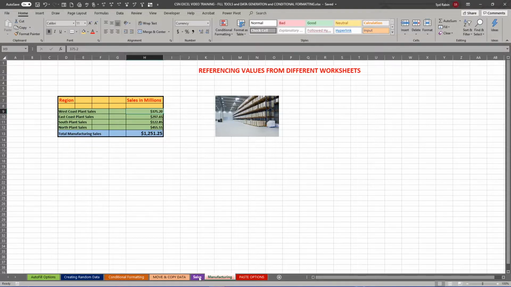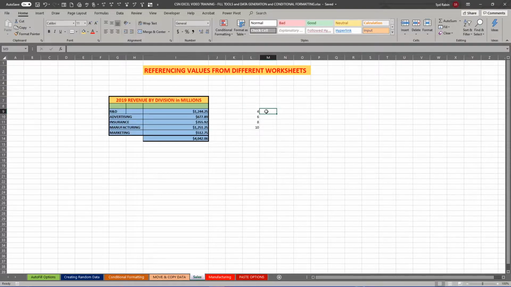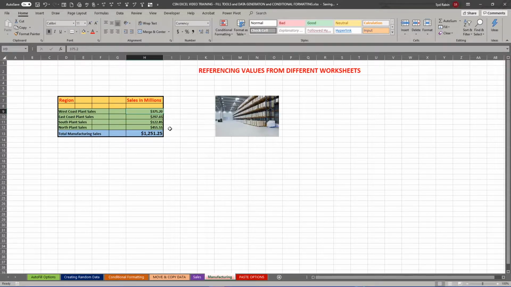So let's go back over here. Let's build a formula that says equal this value right here, which is an L9, and we're going to multiply it by manufacturing, exclamation mark H9. Okay, so that takes 4 and it multiplies it by 375 million